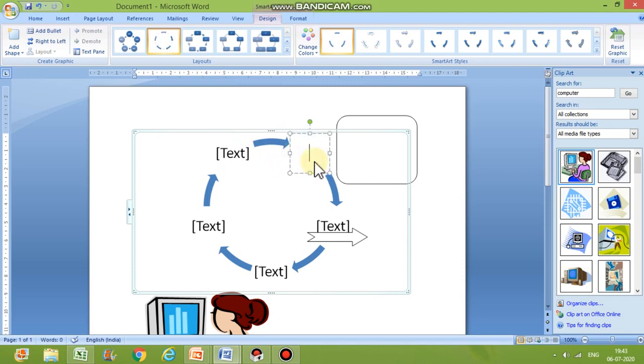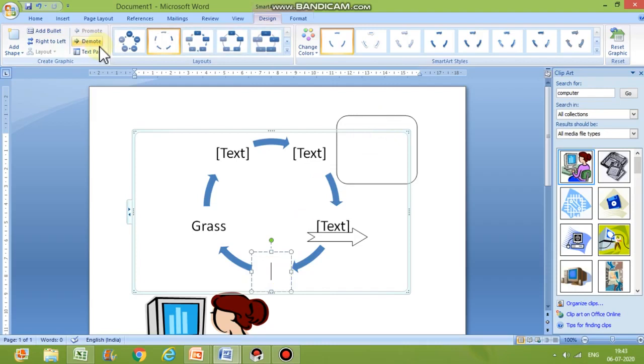Okay, if you want to make the food chain, or anything that involves a cycle, you can write anything here, right? So this is called smart art. You can make your diagrams very quickly and easily, right?